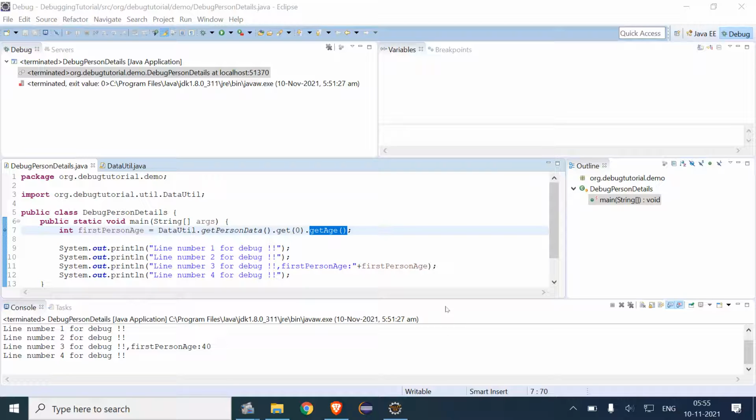So now basically hyperlink navigation arises. And what if we want to go to the person data directly, or we want to go to get age instead of going to person data?